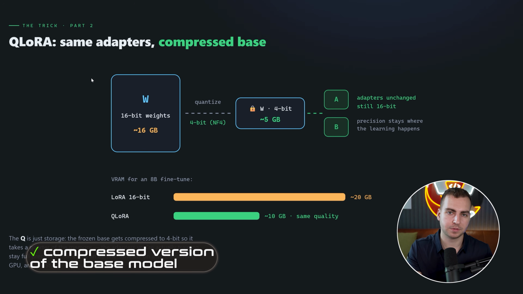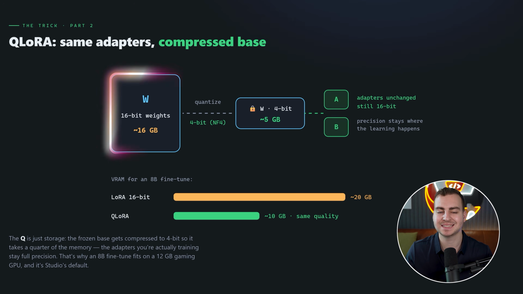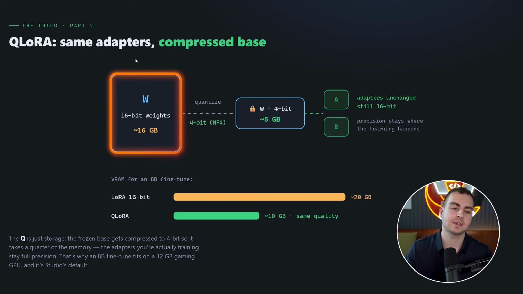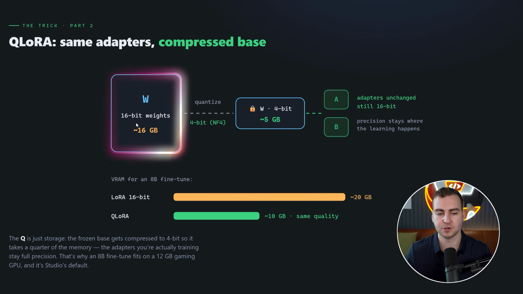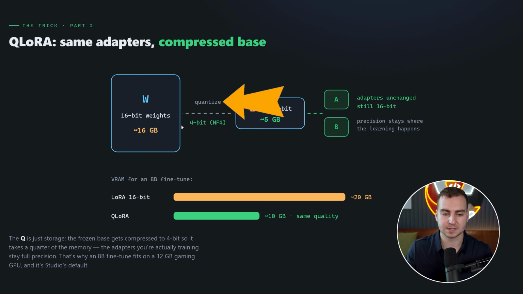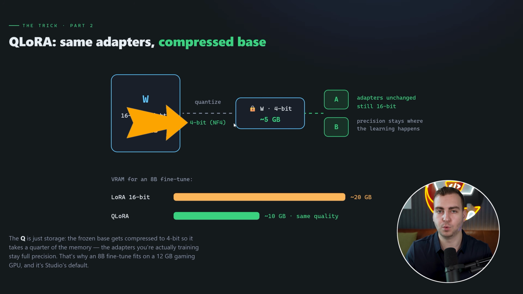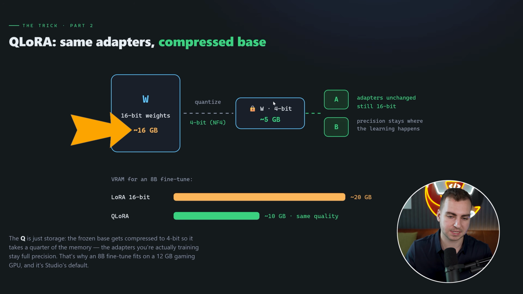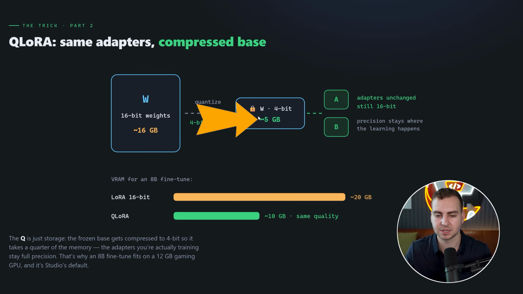So by default, the models are in a format where we have 16-bit weights. That means we're using 16 bits of information for every single weight, which makes these models quite large. So for example, our base model might be 16 gigabytes. Rather than keeping the full 16 gigabyte model, which is going to take up a ton of room in our video memory, we can quantize it and compress it down to a 4-bit format. This will then shrink it drastically. So you can see it goes from about 16 gigabytes down to 5, 6, 7 gigabytes. And then we can fit all of that in our memory,